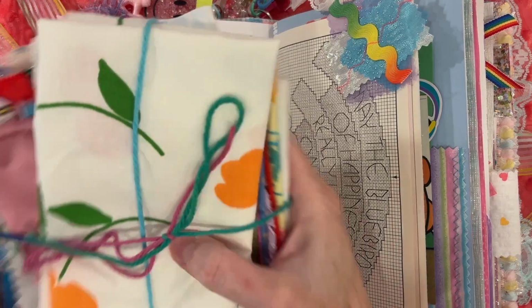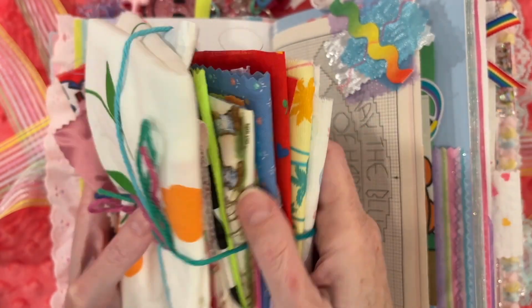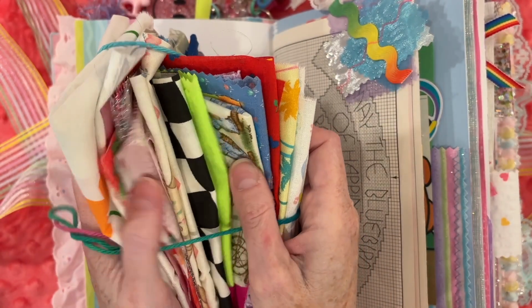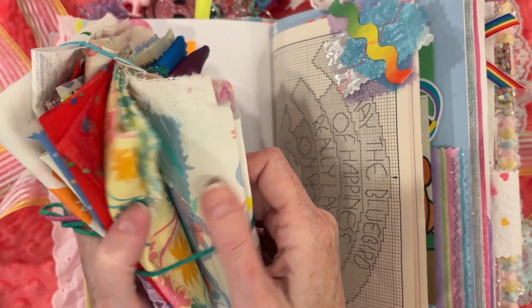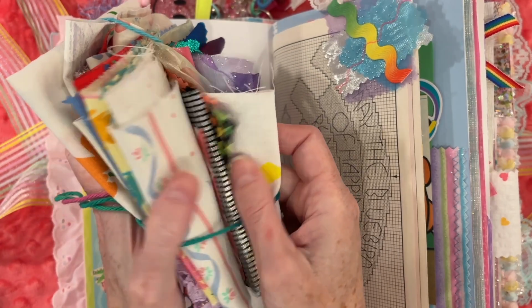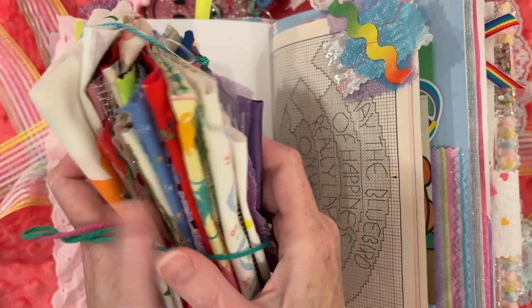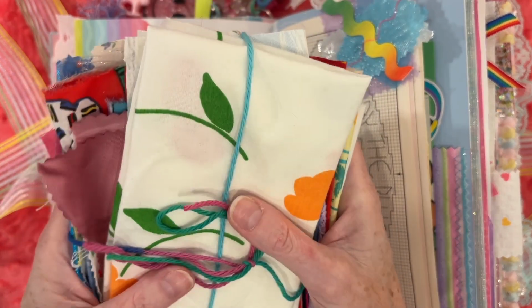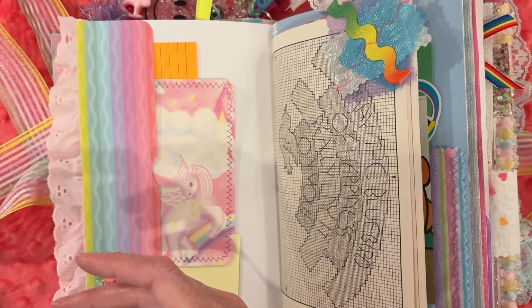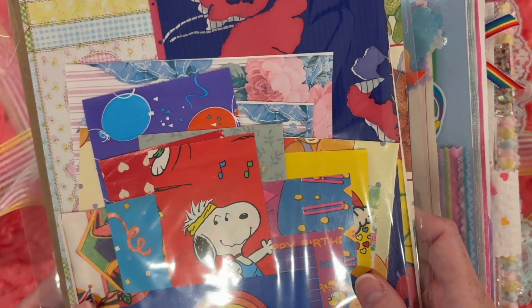One is an 80s themed or 80s inspired or authentic 80s fabric cluster or fabric stack. This is all the fabric that I had gathered to use in these journals and have been collecting over the years. I just put a little bit of each one in here. Each stack has the same fabrics, and yeah, just a lot of fun if you want to have some extra for making more ephemera. And then I also have these